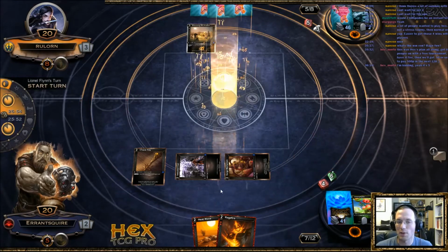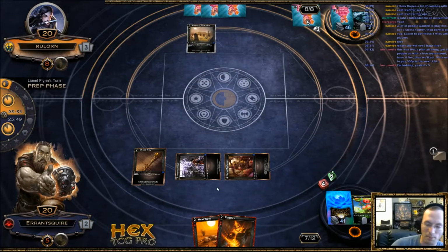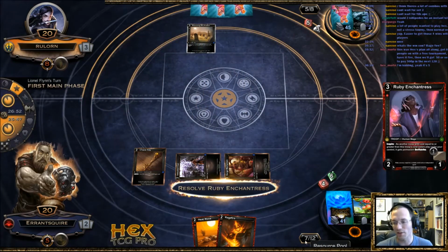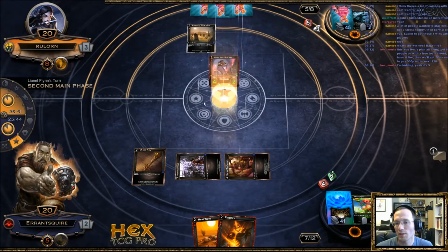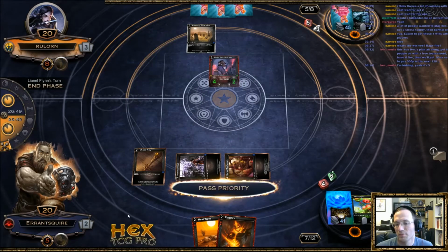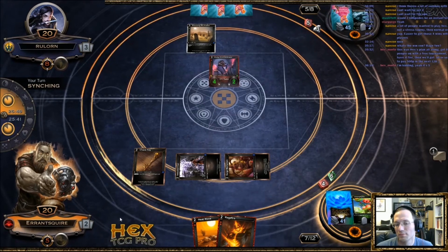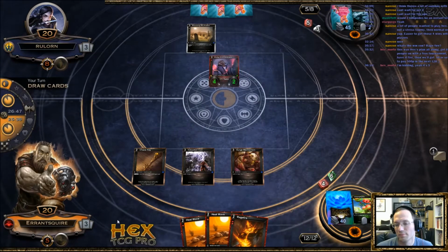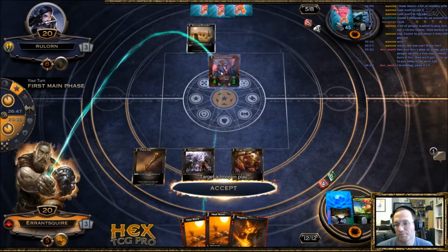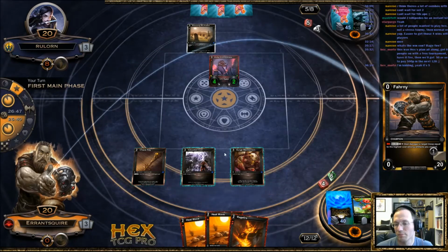Saves me time, too. I don't have to worry about, oh, was it his end step? I can do it now and be all tricksy about it. No, I've got 7 freaking resources. I don't have to worry about it. Kill that thing, too. Yeah, we'll just, for efficiency...